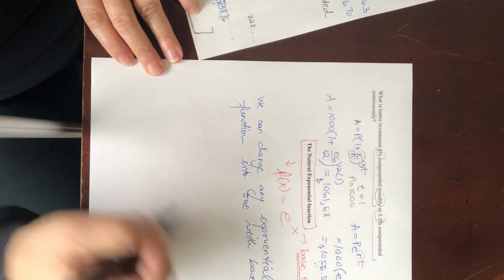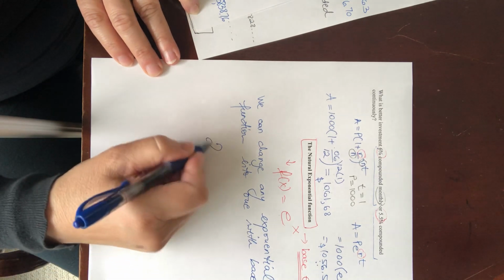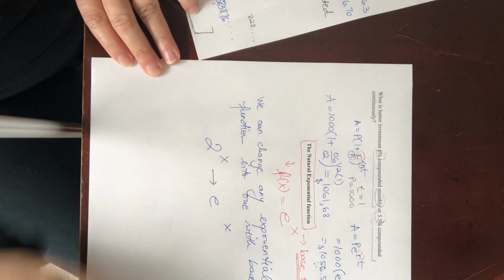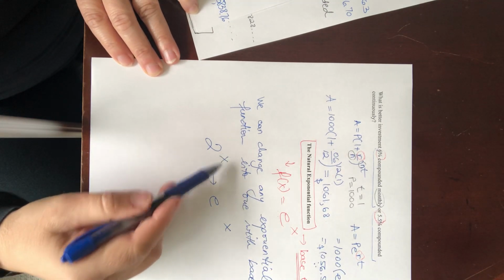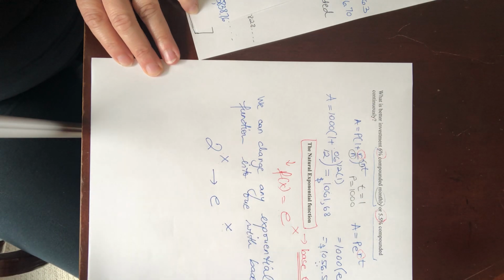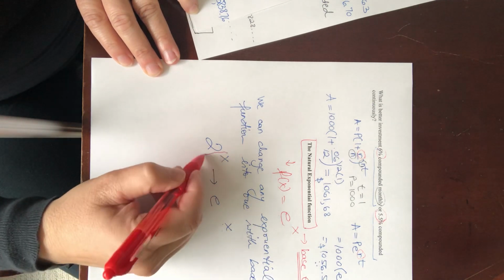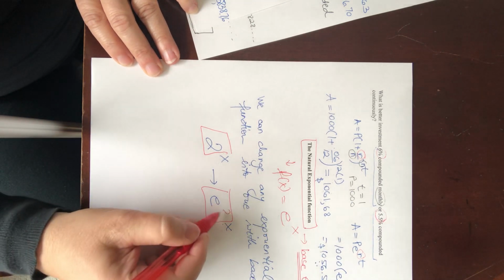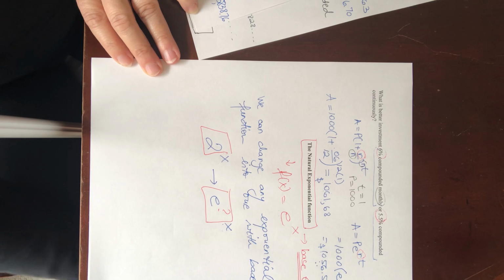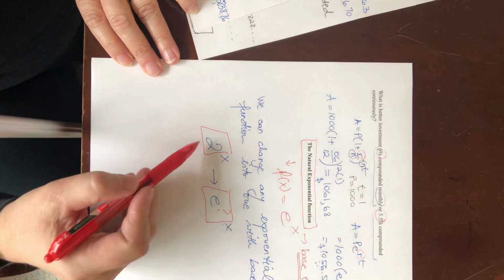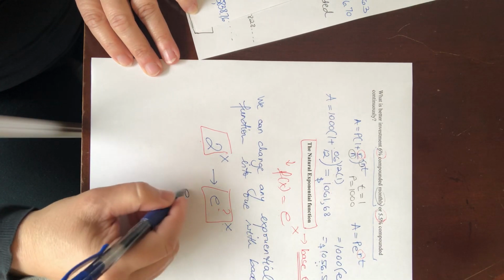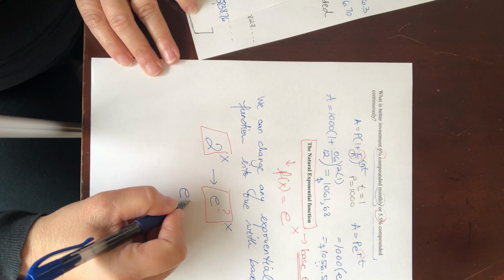Okay, so the way we're going to do that is 2 to the x. How do I turn that into a base of e? Now, the x stays the same, right? So the exponent is going to be there, the variable, the time that's changing. All I need to do is take 2 and turn it into e to the what power? Okay, so you will find that out in the next section, 3.2. How am I going to change 2 into an e to the something? The secret is what that answer is going to be. It's going to be e to the